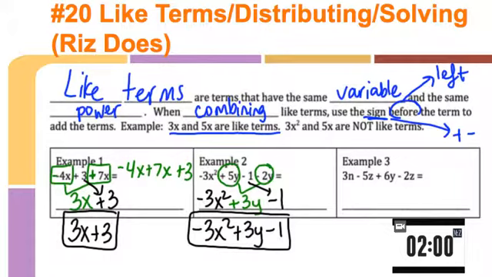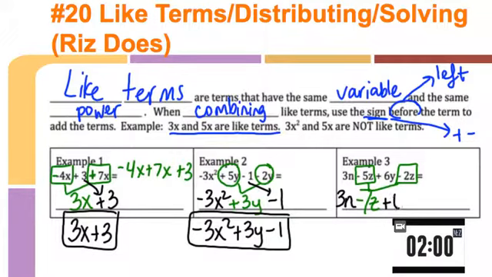So here's the third example. It says 3n subtract 5z, add 6y, subtract 2z. Again, I see two of the same variable, and they both have the same power. So I've got negative 5z and negative 2z. Everything else I'm just going to bring down. So I've got 3n, negative 5z, subtract 2z, makes a negative 7z,